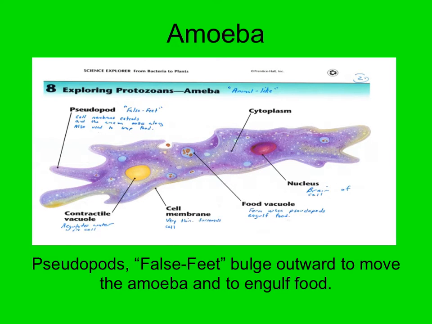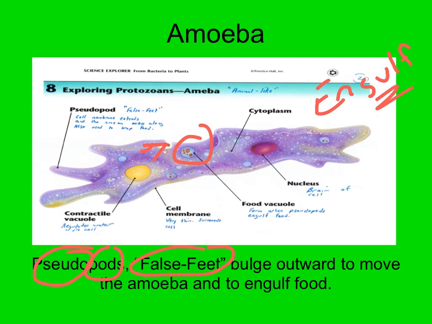The amoeba is an example of a sarcodine, and it uses pseudopods or false feet. It's a combination of two words, pseudo and pod. These guys use the pseudopod not only to move around, but as a method of engulfing their food, because they can wrap the pseudopod around a food particle and then create a food vacuole, as you can see here, and then kind of pull that particle into the actual cell. Remember, that's called endocytosis, or more specifically, phagocytosis.